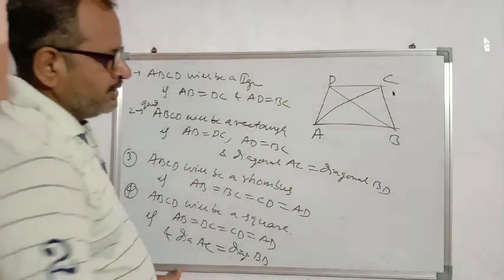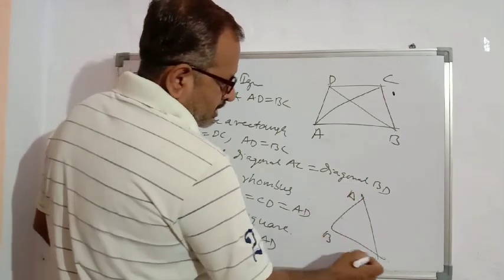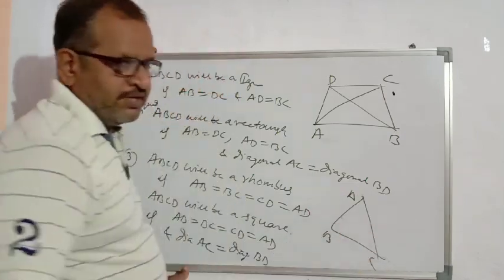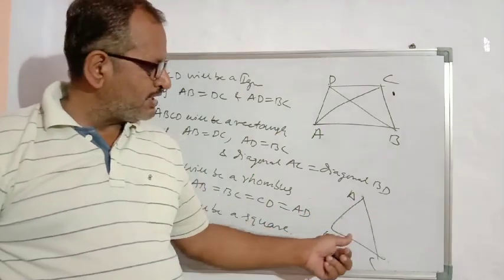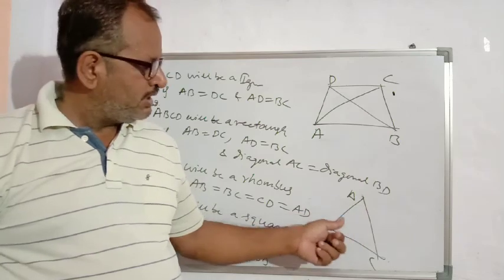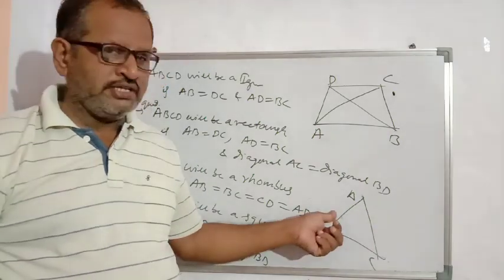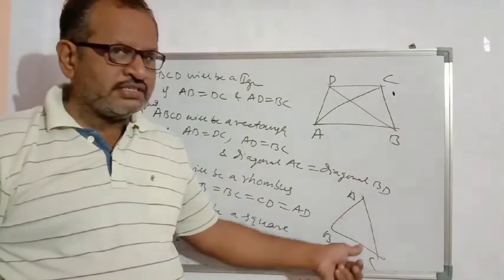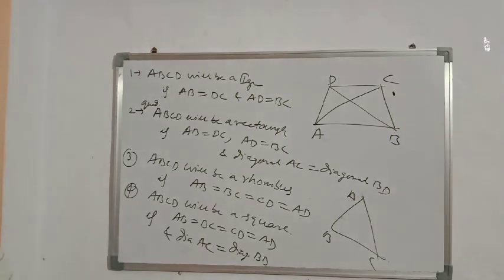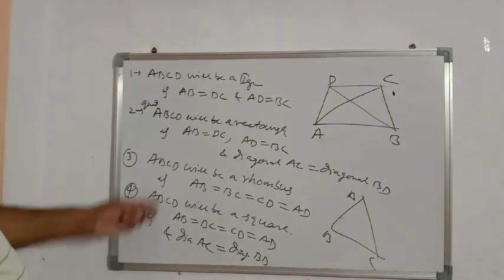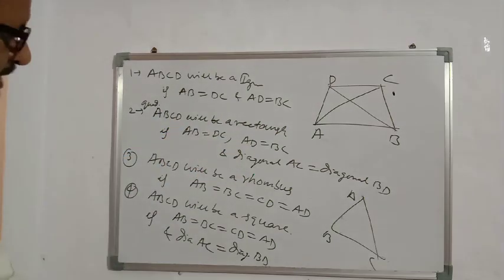In a triangle, if all three vertices are given, we can check whether it is an equilateral triangle or an isosceles triangle. If two sides are equal, then it will be isosceles. If all three sides are equal, equilateral triangle. If no sides are equal, scalene triangle. Like this. So now we will see one question based on this, how we can check whether a given quadrilateral is a rectangle.